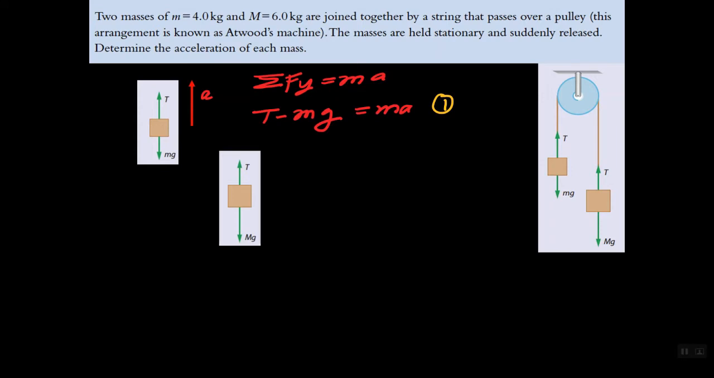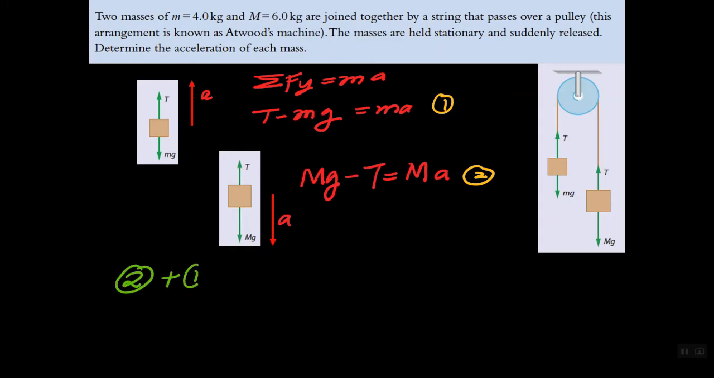Now let's take a look at the larger mass. The larger mass accelerates in the downward direction. That is Mg minus T equals Ma. That's equation 2. Equation 2 plus equation 1, we get